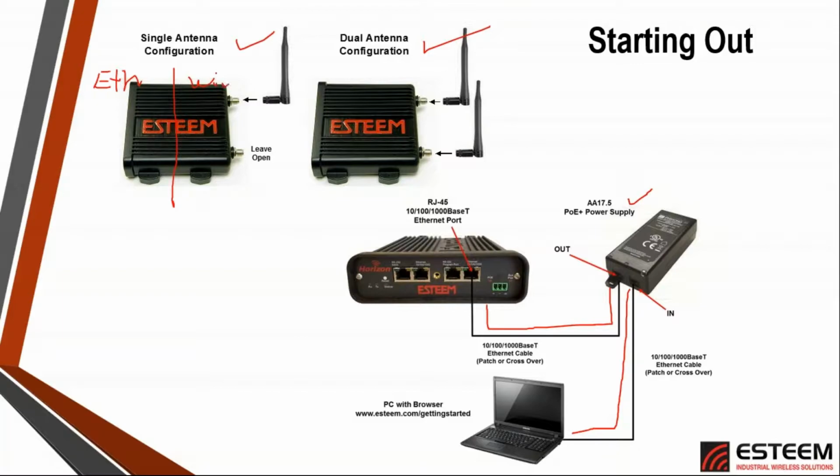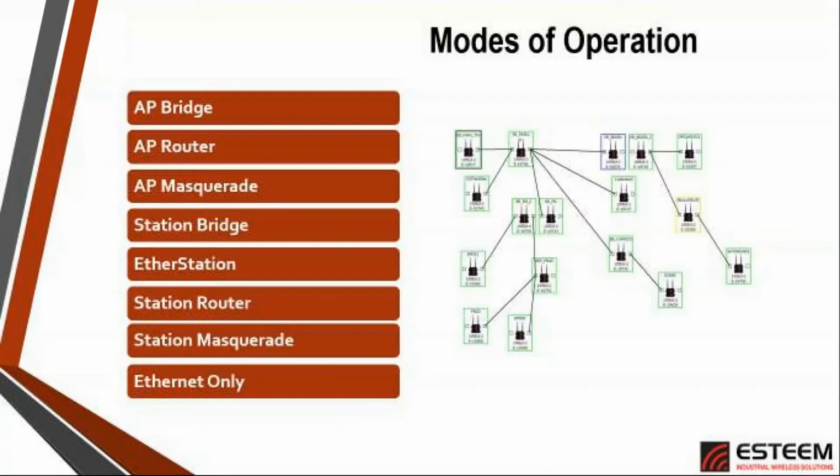Wireless over here. So if we're talking about a bridge, then the bridge interface actually bridges those two together. A router actually creates a router between the Ethernet interface and the wireless interface. A masquerade creates essentially a firewall between those two. So what this is telling us then is these first three modes, these are going to be used for our